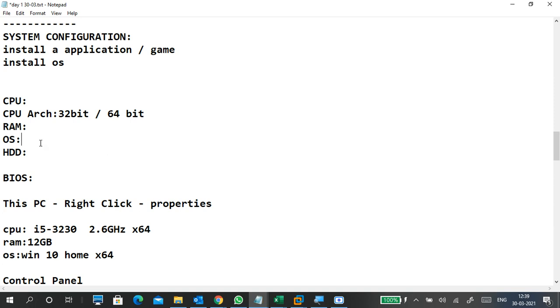So what kind of operating system you are using and what kind of edition it is. Okay, Server 2016, 2012, 2019. So like that, different types of operating systems are there. What is your operating system and what edition, what build edition, we have to check that one.